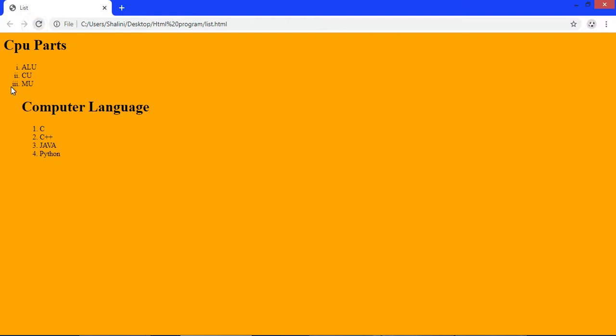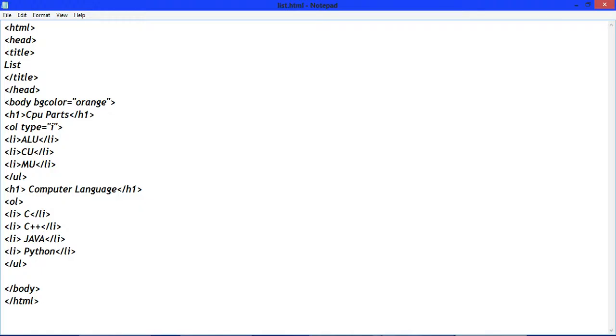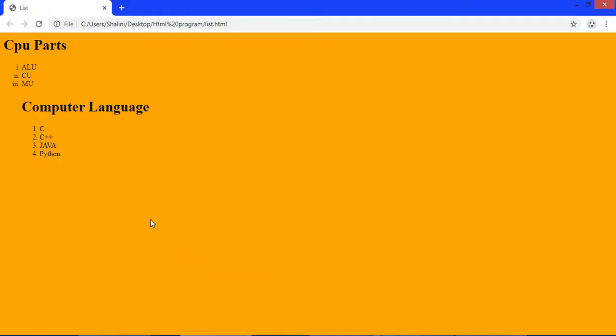See, now it is lowercase numeral. Okay, right here type equals to capital I. Save it. See, now it is uppercase numeral.